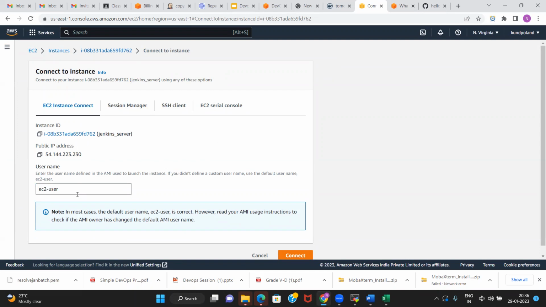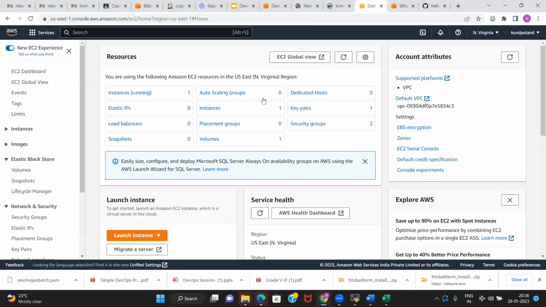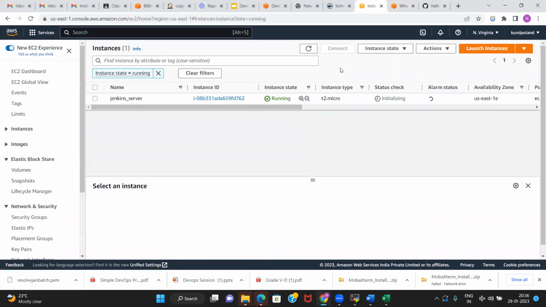For Ubuntu, it is ubuntu; it depends upon your machine image. For an Amazon Red Hat machine, the username is EC2-user. How to know our username? You just need to click on connect, and you will get it.